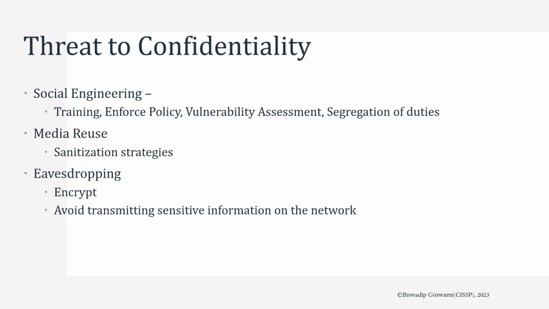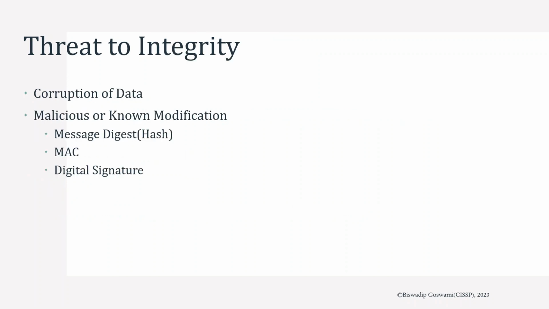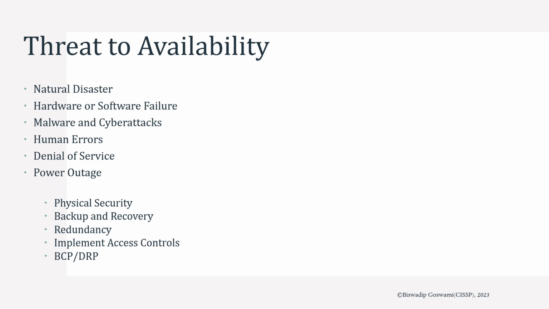Now we know the basics of the CIA, so let's identify some threats to the CIA Triad. Threats to confidentiality can include unauthorized access to information, such as a hacker gaining access to a password protected document. Threats to integrity can include malicious alteration of information, such as a virus changing the content of a file. And threats to availability can include denial of service attacks, such as overwhelming a website with traffic so that it becomes inaccessible to users.